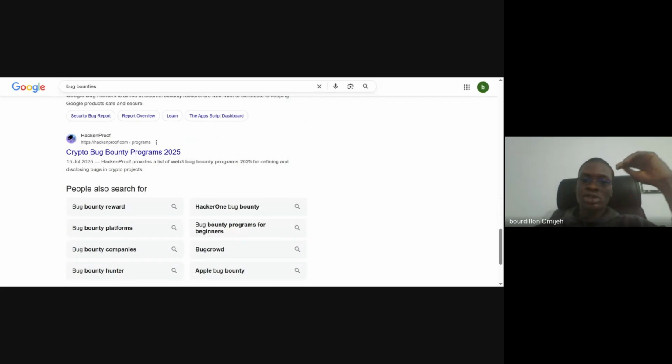Bug bounties, I have to tell you, is not easy. If you're going to go into bug bounties, you need to know people who are already into bug bounties, because most times the easiest way is percentage. If you're able to find a vulnerability and you don't have to exploit it, but you know somebody that can exploit it, you meet him and exploit it, and you split it 60-40, 50-50, whatever you agree. Then you cash out.